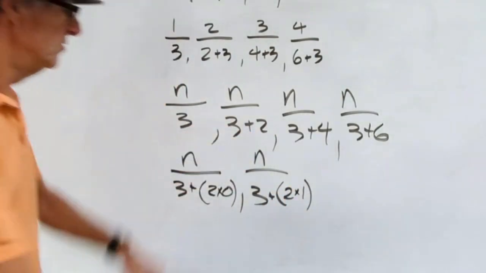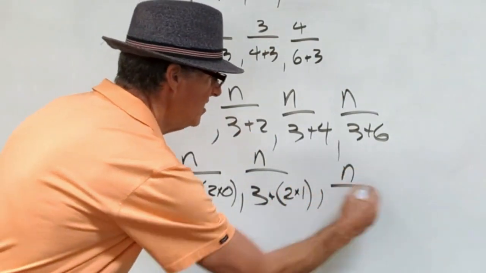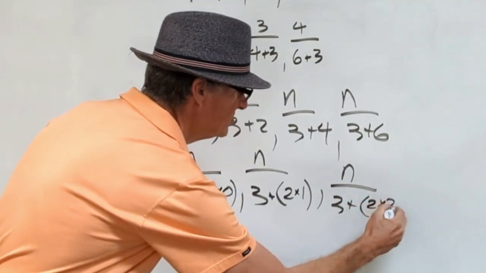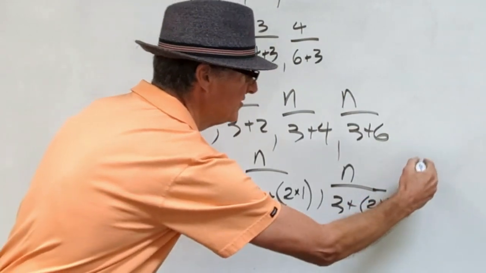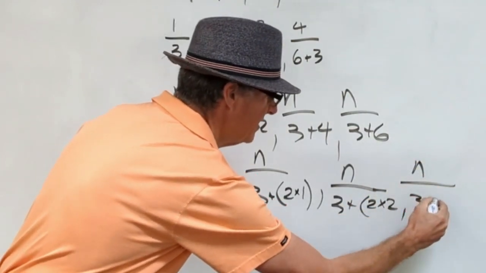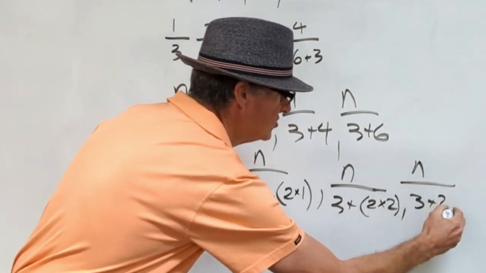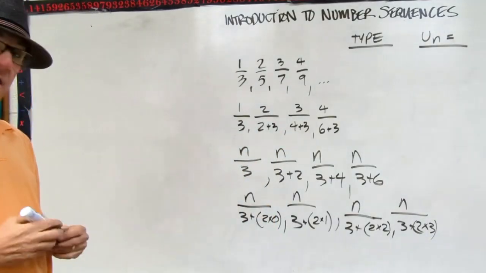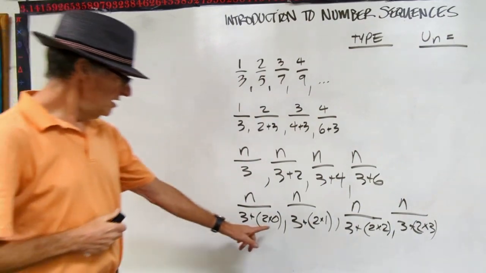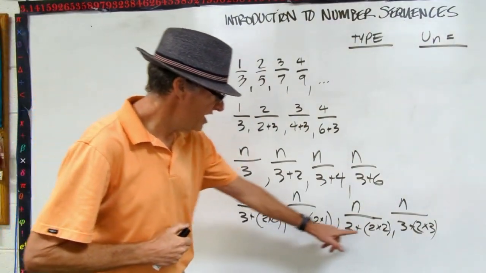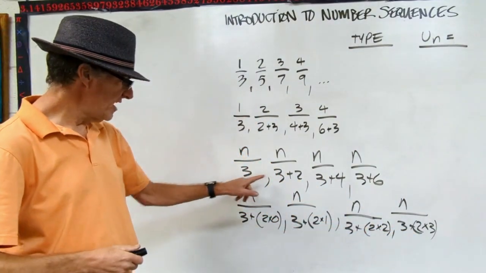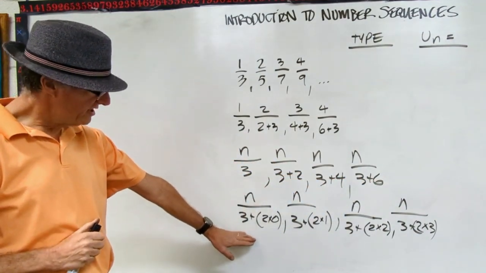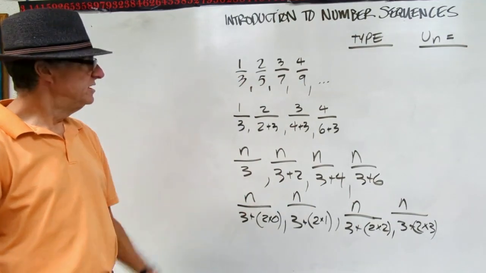That's adding the 2. Under this 3, we're adding 2 times 2. And under this 3, we're adding 2 times 3. So now I've got something going in here with a regular thing. I've got 2's everywhere. So I've figured out a way to kind of re-represent this. Okay? So make sure you get what that is, because I'm going to erase and we're going to start over